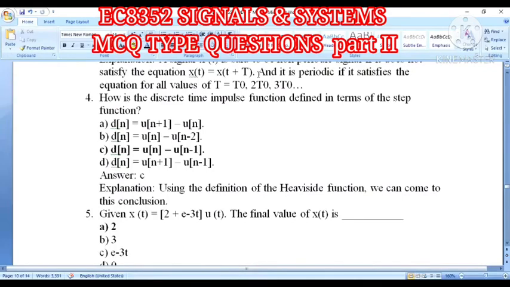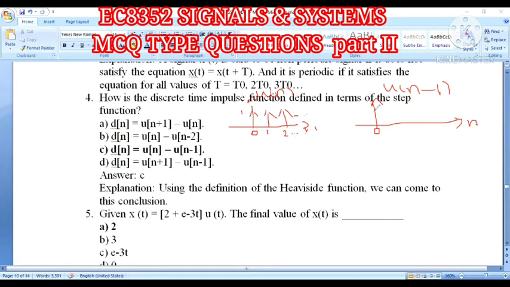Let us draw the diagram also. Okay, no problem. Let us check this answer. So u of n is the unit step signal. So your sketch will come like this: n versus u of n. Here your amplitude level is 1. Second case, u of n minus 1. This is for n equal to 0, 1, 2, up to infinity.